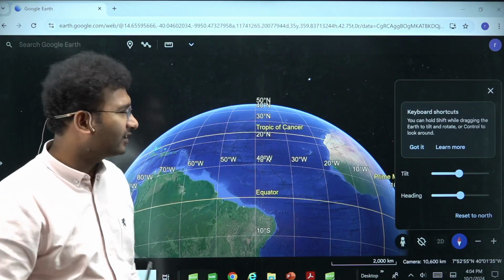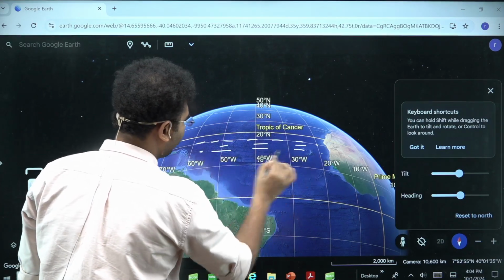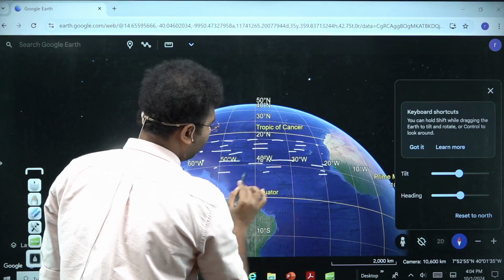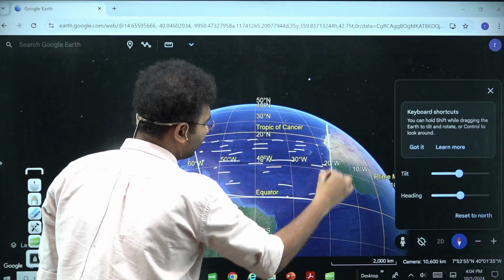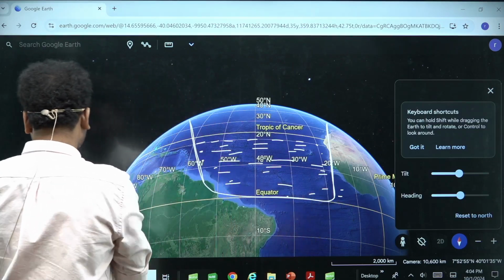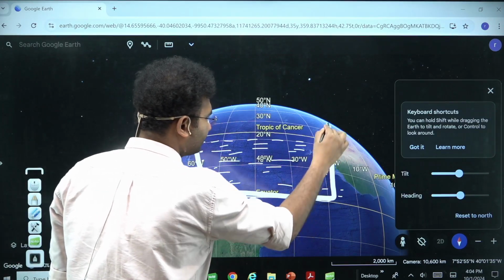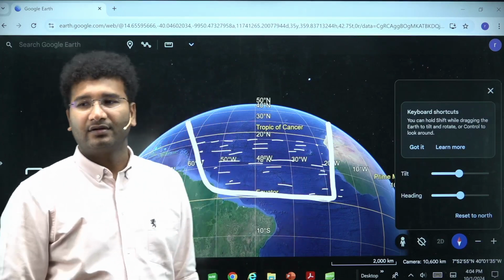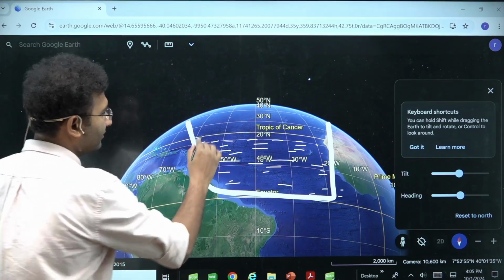Now try to understand this. Imagine this is your water. ठीक है, ये सब आपका पानी है. And let's imagine this water has a depth. This water has a depth. ठीक है? Try to imagine this perfectly. This water has a depth of thousands of meters, right? Now see, these are your water,